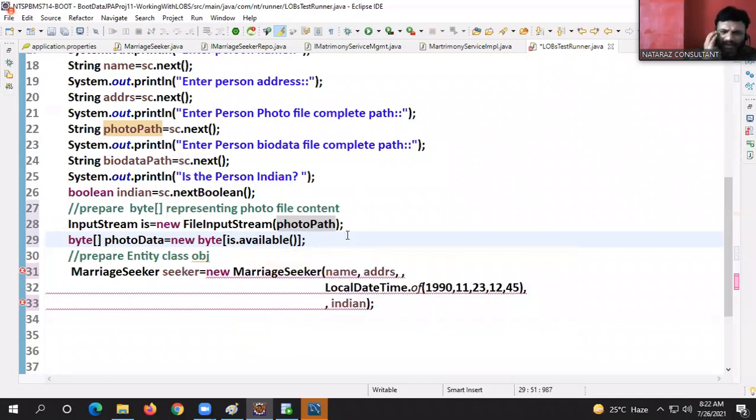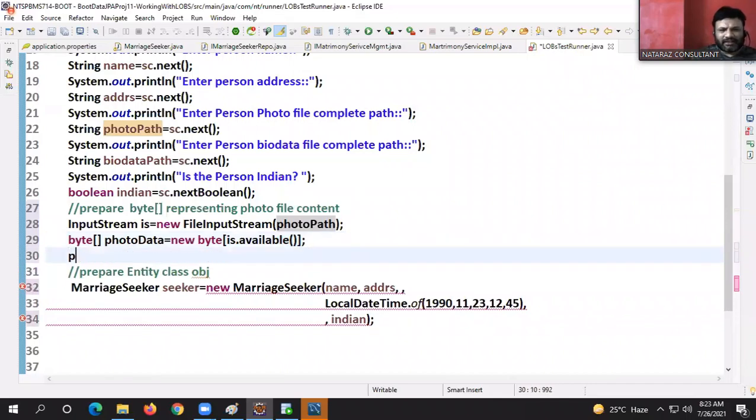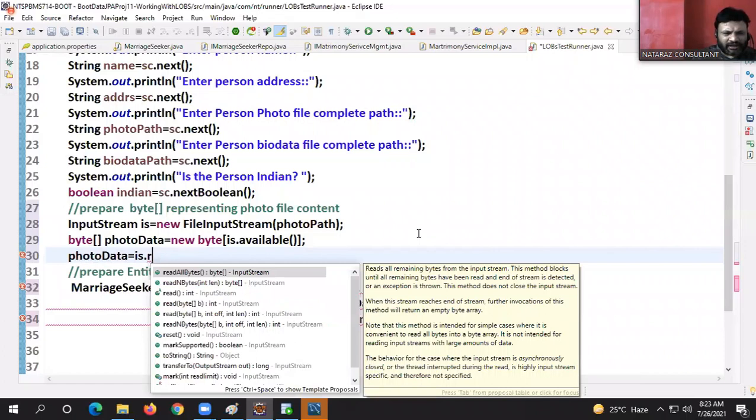Byte array is available. Okay, byte array is ready, guys. Once it is ready, what should I do? I should get data into the byte array now. Size is fine. Okay, photo data is equal to is dot read